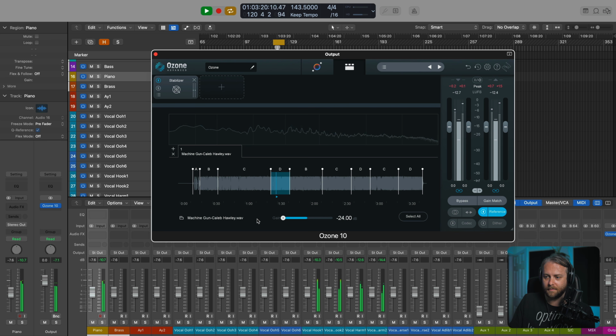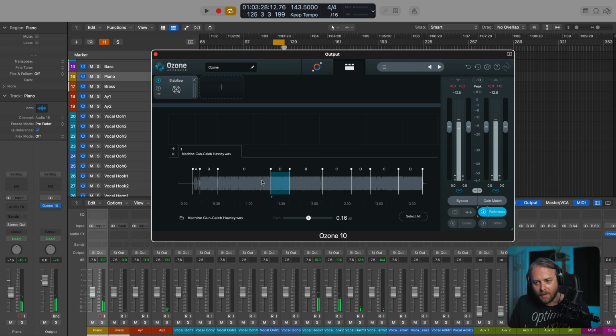Or down. So we can create loops. We can even rename them and say chorus or something, if I could spell like that.